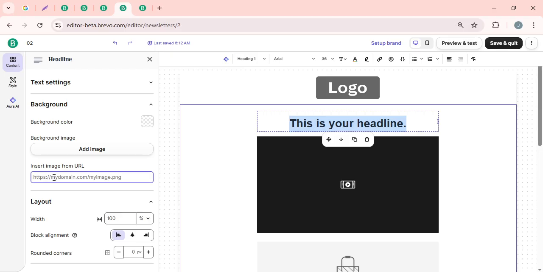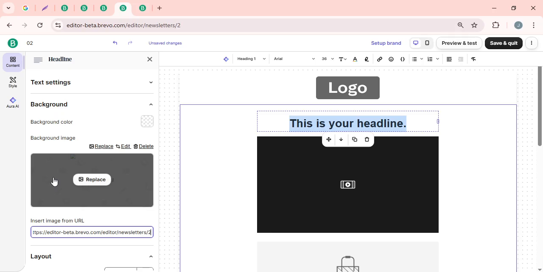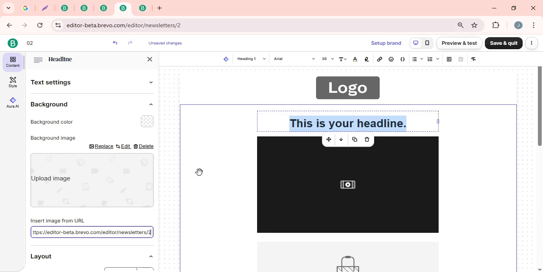Doing so will bring up a pop-up window where you'll paste the URL you wish to link to in the designated field. Remember, accuracy matters, so take a moment to ensure the URL is correct, perhaps by copying and pasting directly from your source. Finally, once your URL is in place, click Insert to finalize adding the link to your